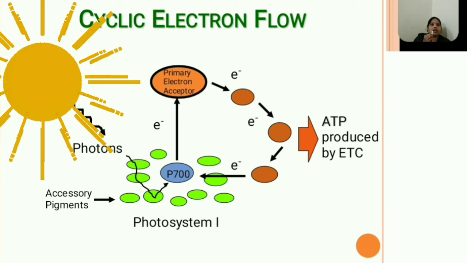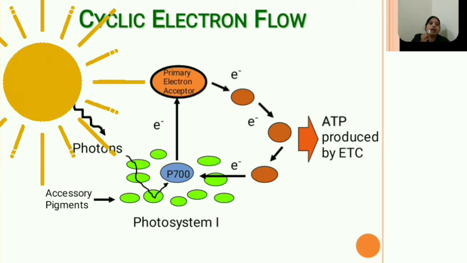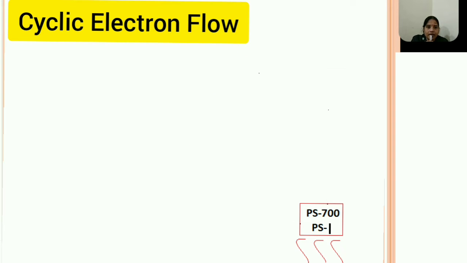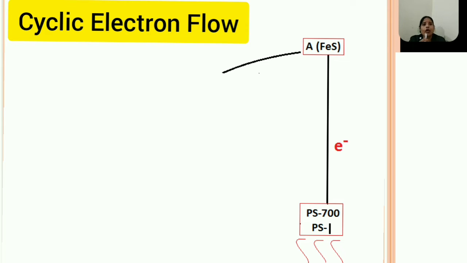These electrons are accepted by an electron acceptor, known as the primary electron acceptor, which is FRS. FRS means ferredoxin reducing substance. Then from FRS, the electron